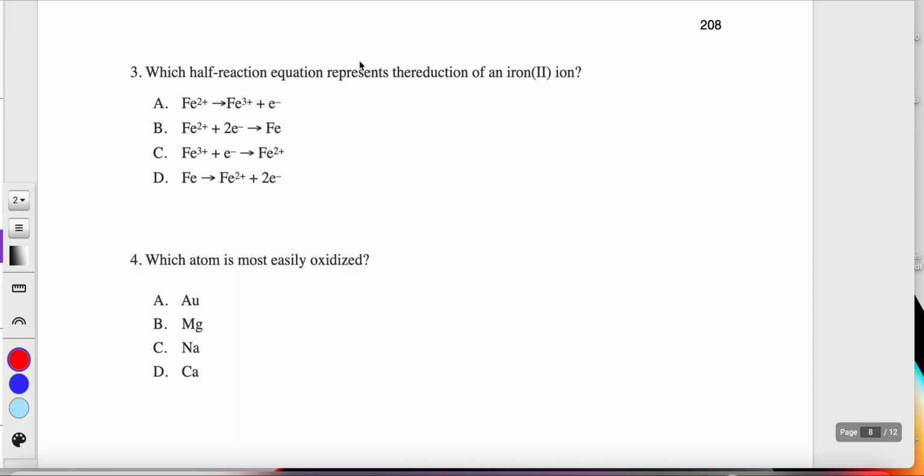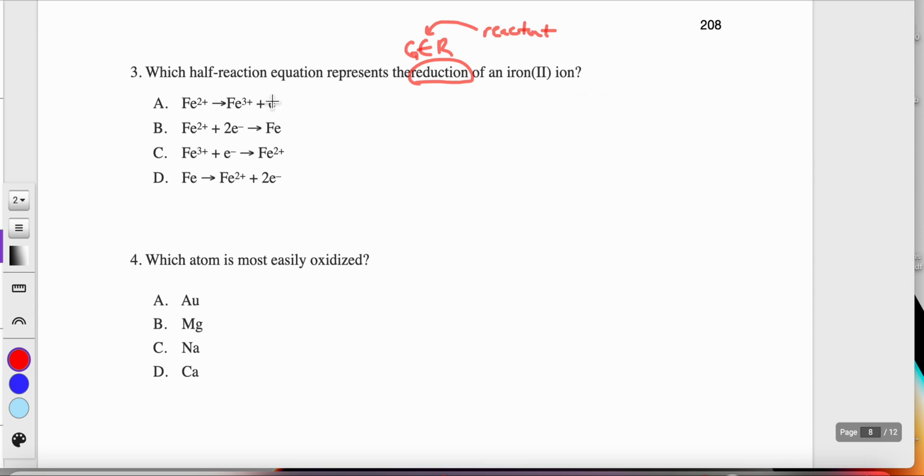Page 208. Question 3 says, which half reaction represents, and it should say, the reduction. So we're going to start with reduction. Like before, reduction means gain electrons. So the electrons need to be on the reactant side. So I'm going to eliminate any response that shows the electrons on the wrong side of the arrow,